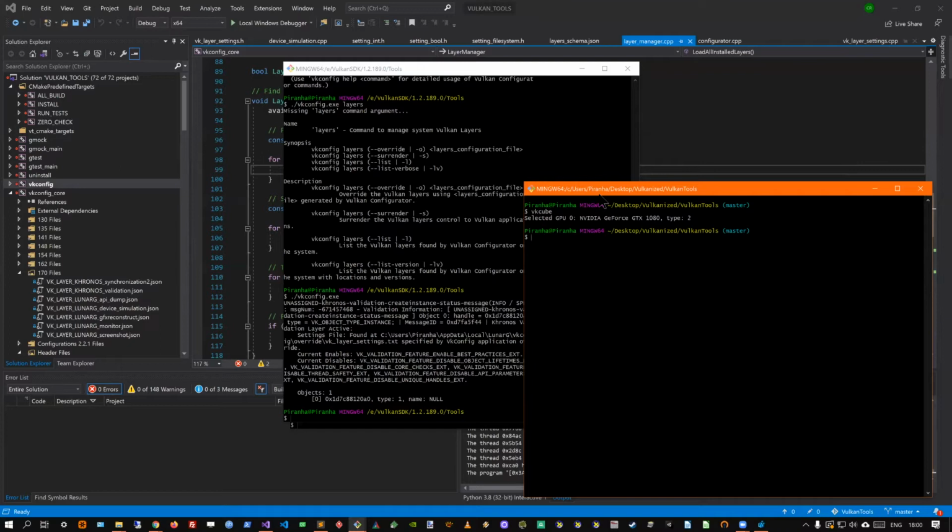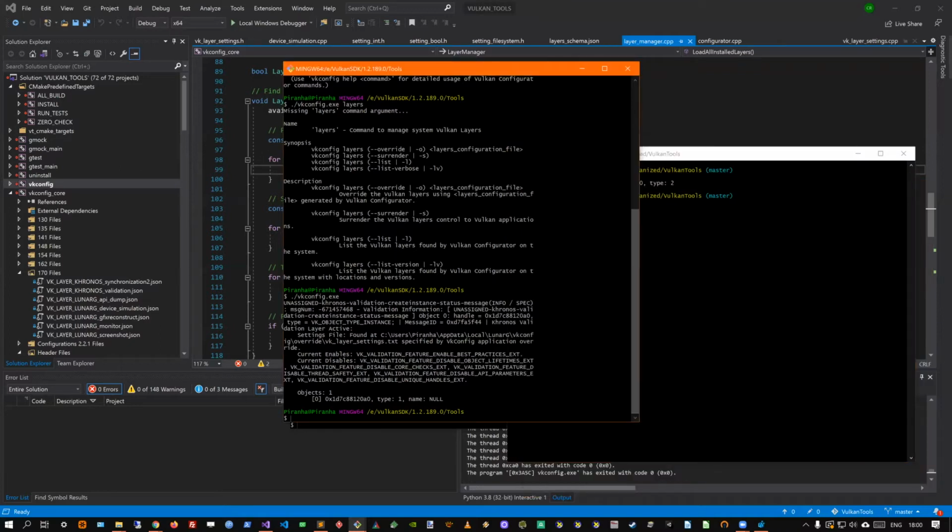Yes, if we use the override command, then the configuration will remain. It's a JSON file.